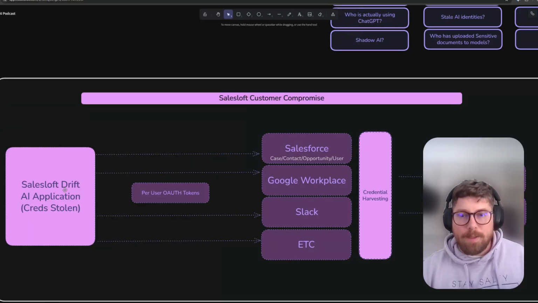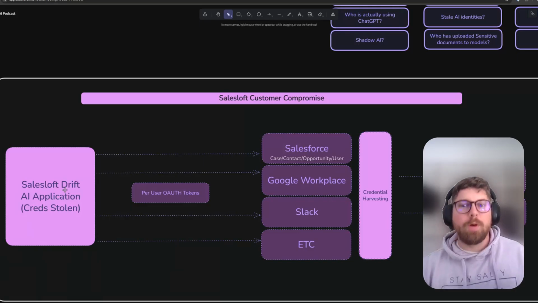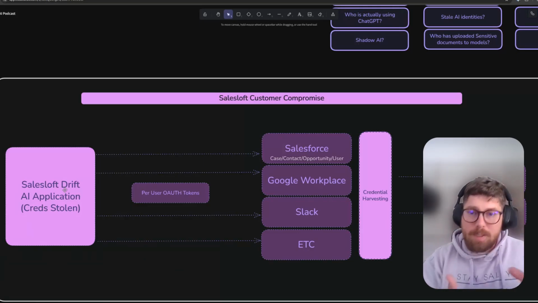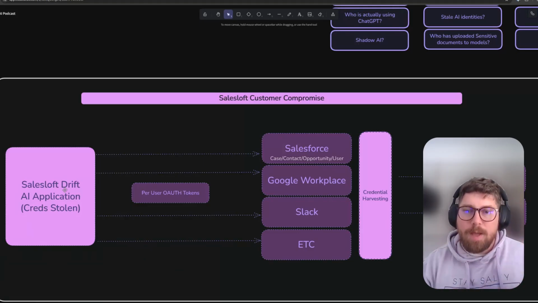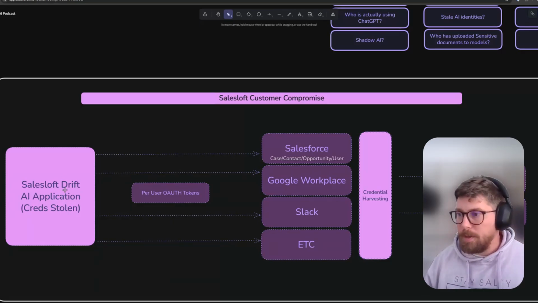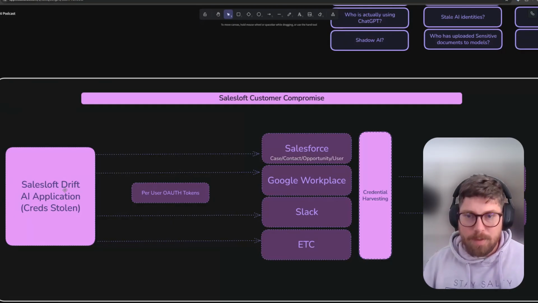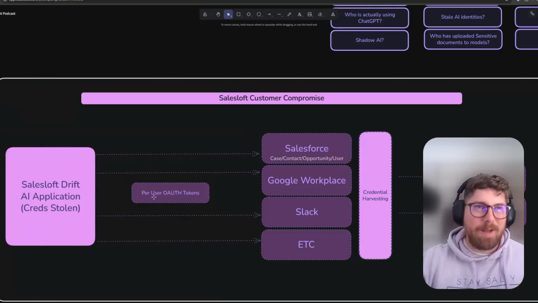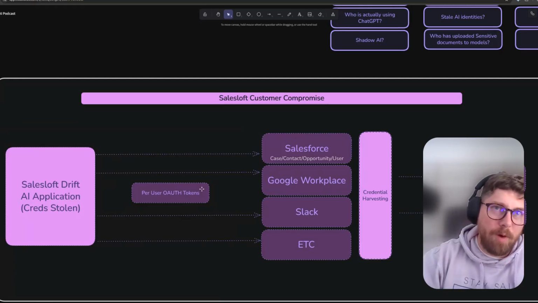Like most AI attacks that we see, it's really just stealing credentials used for AI applications or AI users or AI agents or interfacing with AI models directly, stealing those credentials, and then the attacker using those credentials for their own gain. So that's what a real AI malicious security incident looks like. It's just stealing credentials. And in this case, it's stealing a whole bunch of OAuth tokens.